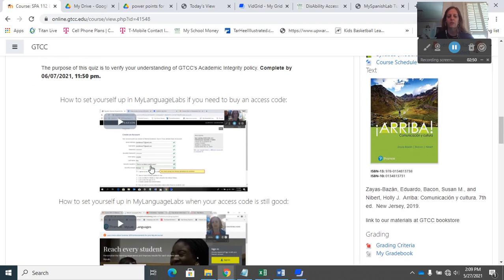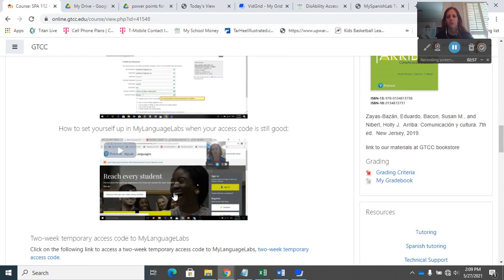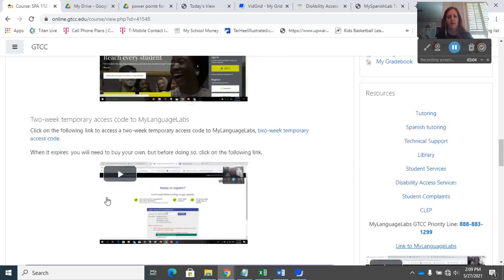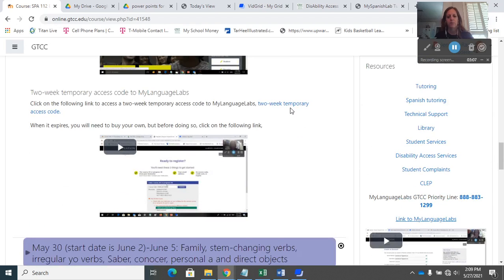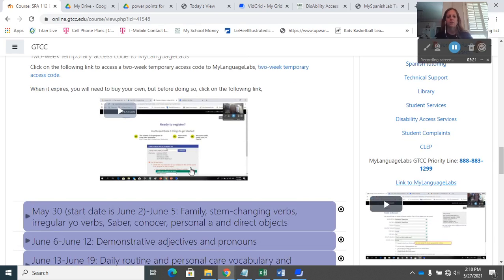Down below here, you'll see how to set yourself up in my language labs. This one tells you how to do it if you need to buy an access code. This one tells you how to do it if you had 111 recently and your access code is still good. It'll just tell you how to enroll in my class. Then you also have a 2-week temporary access code, and that's good for 14 days, so you can get started while you're sorting out how you want to pay, if you need to pay for access to my language labs. And then this little video will tell you what to do when that 14 days is up,